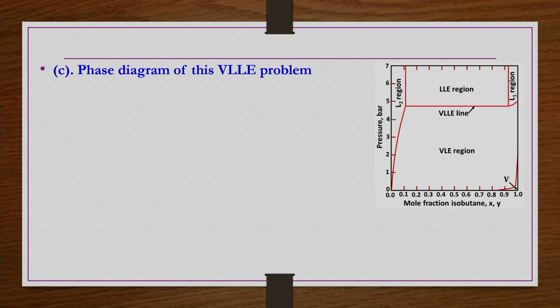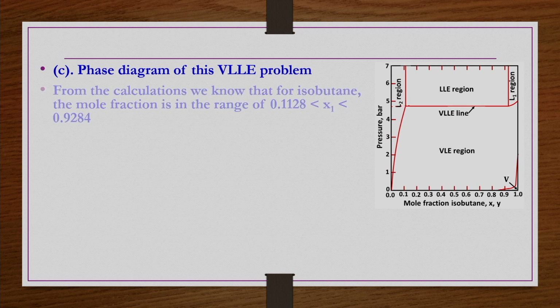The pressure that we got is 4.69 bar, so there, that line. From the calculation we know that for isobutane, we are plotting x1 and y1, that is P versus x1, y1, because temperature is fixed. Pressure we can find out for different x1, y1, x2, y2 for different phases, alpha and beta liquid phases, and then the vapor phase also we can know from these equations, and then you can draw this figure.